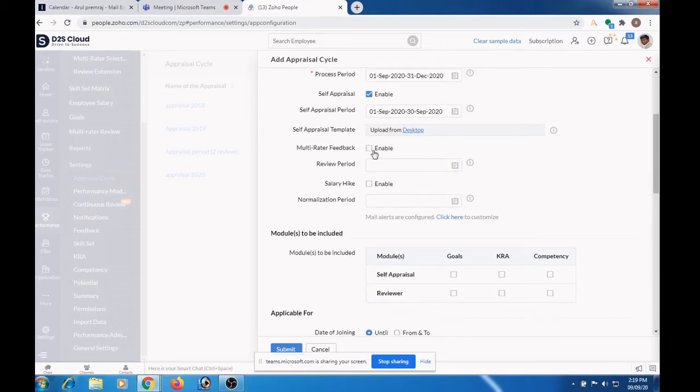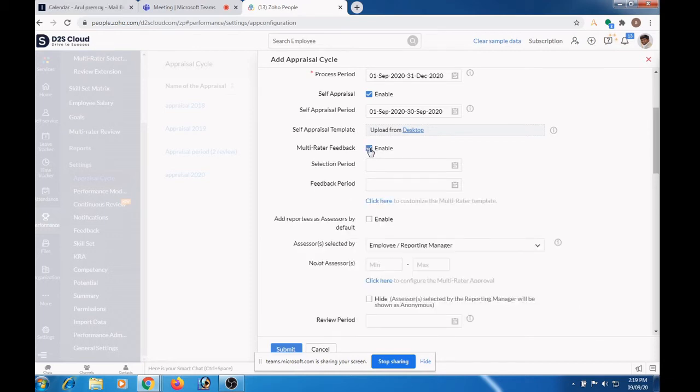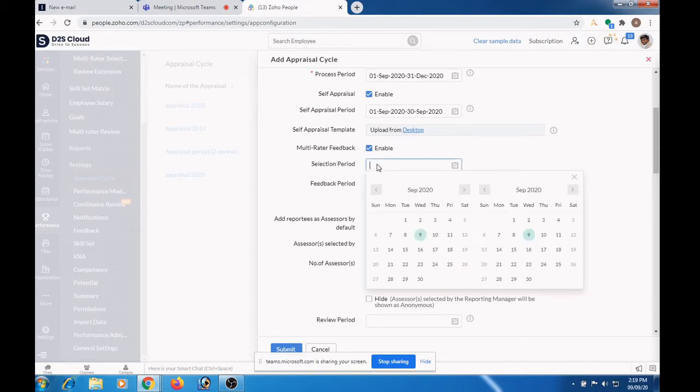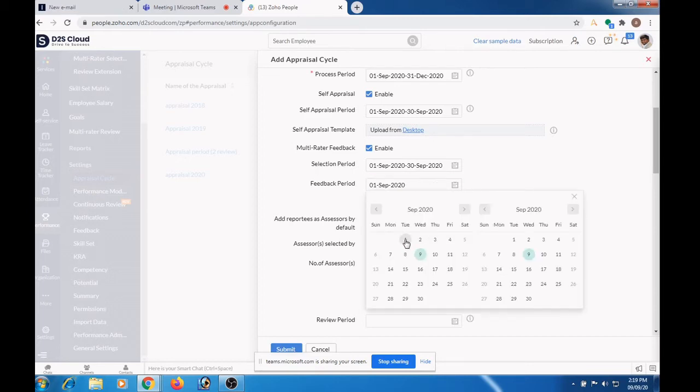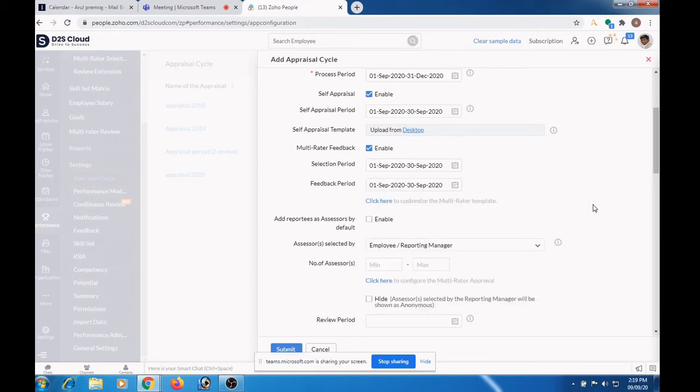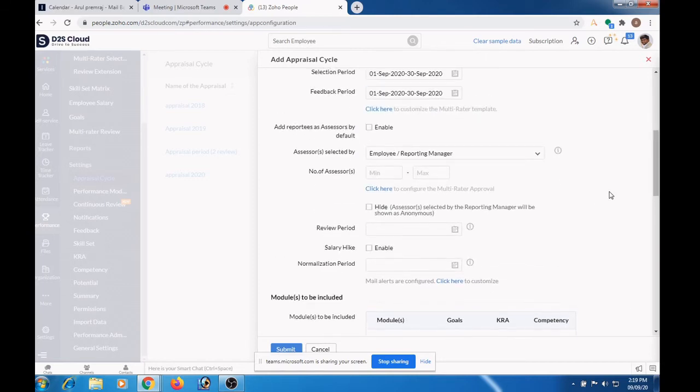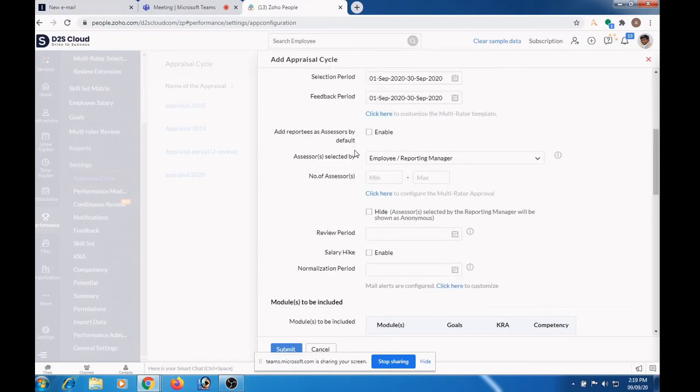In case you want to enable the multi-rater feedback, you can check this box. The multi-rater period you can select here. This is a feedback period. You can select the feedback period here. You can select the assessors here.